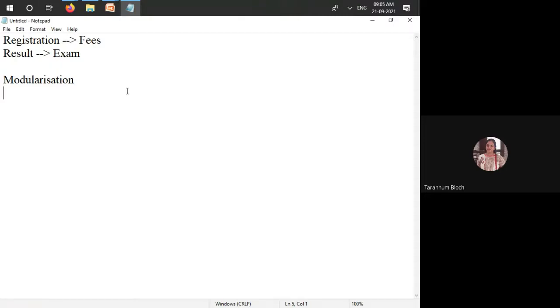into modules. So if you look at this as a college project, you will say student is a module. We will give the registration, we will give the exam, we will pay the fees, and we will have the result, right? Each and every student has these features. So we have another module which is the fees module, another module which is the exam module, and another module which is the result module. Fine. Now you think about all of this. In a software company, all these modules will be developed separately, because you work in a team in the IT industry.